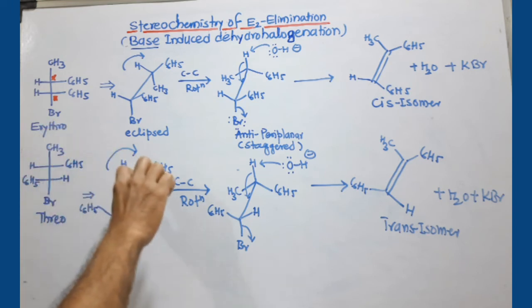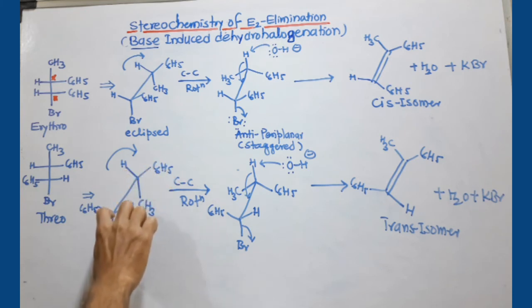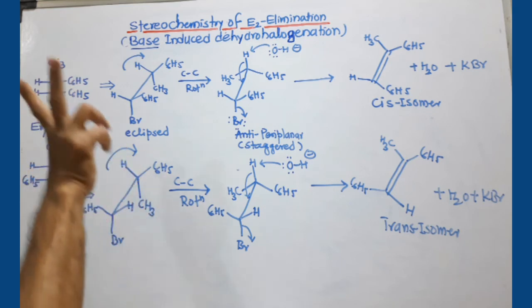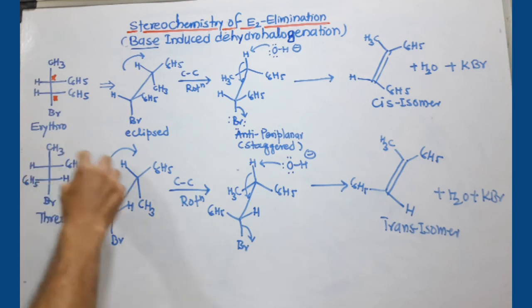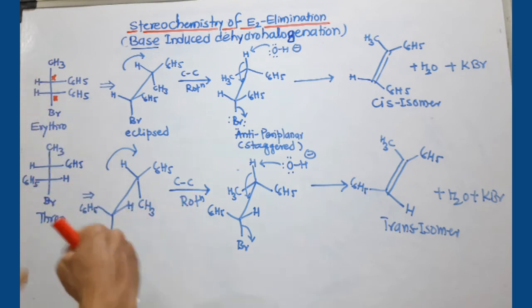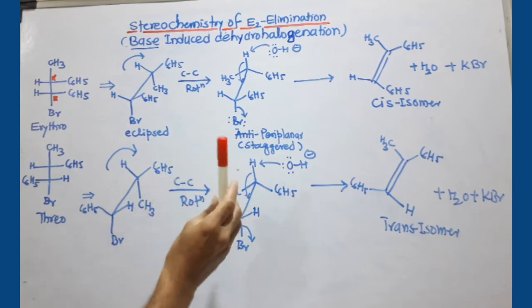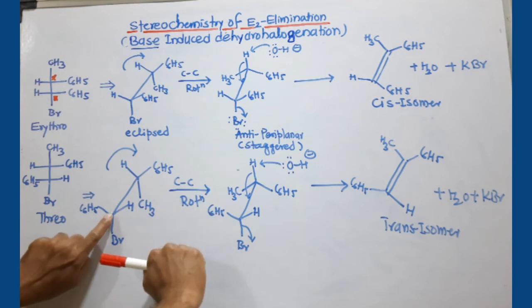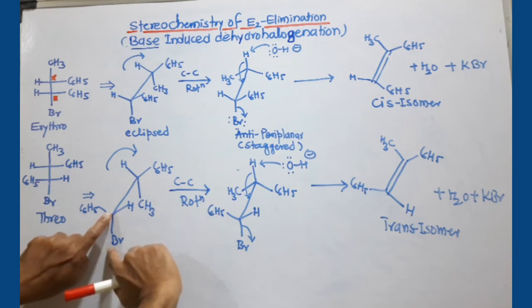These terminal bonds are lying behind the plane, or below the plane. That's why I joined there Br and CH3, and this horizontal line having two groups, they are projecting above the plane. This middle portion is lying on the plane, so I have represented it that way. So this is again the eclipsed form, because the Fischer projection formula shows only the eclipsed form. We cannot show staggered conformation in Fischer. Now there is continuous rotation between these carbons, and we need the anti-periplanar arrangement. To bring it about, I'll keep this carbon as it is, because Br is here at the down position.